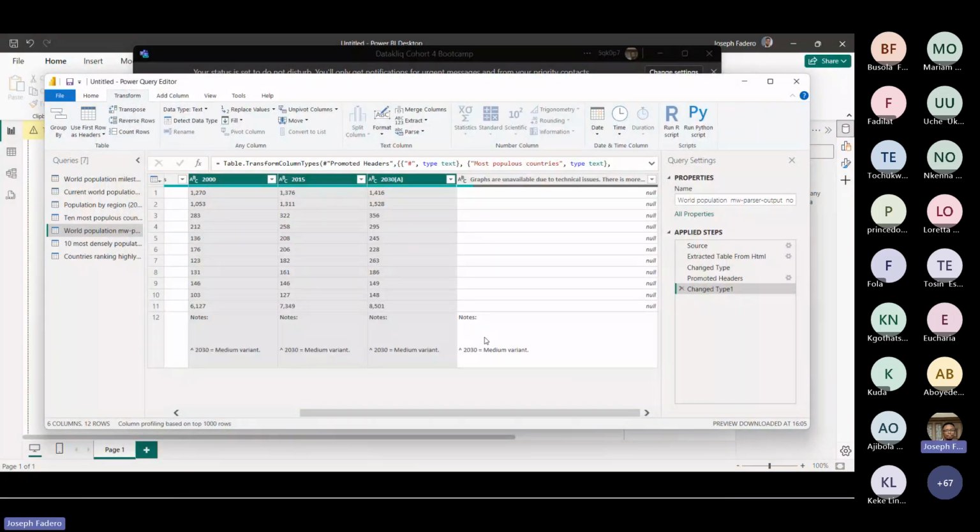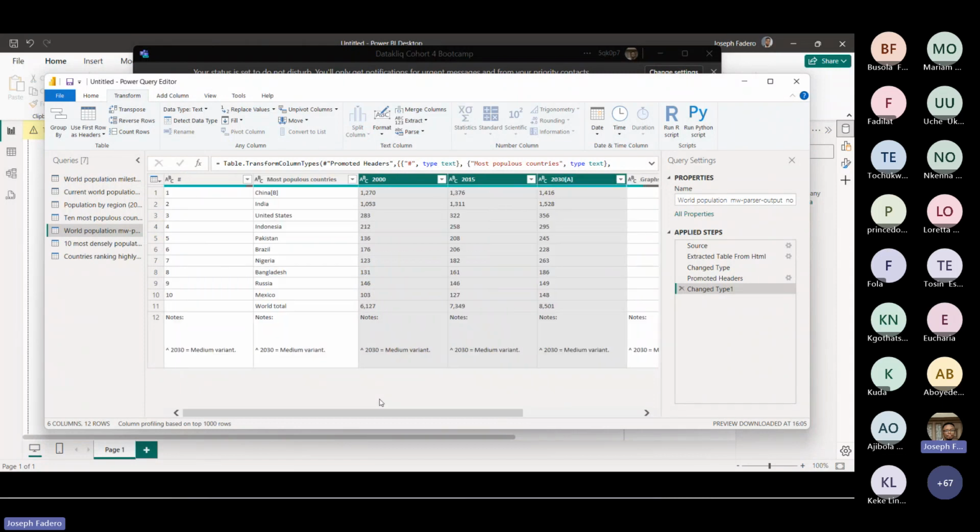I can see lots of sharp people in the class. I can see on pivots, on pivoting. Yes, so you need to unpivot. But before I unpivot, I want to ask us a question. If I unpivot this data right now, what step would you advise me to do before I unpivot this data to get useful results or useful information?